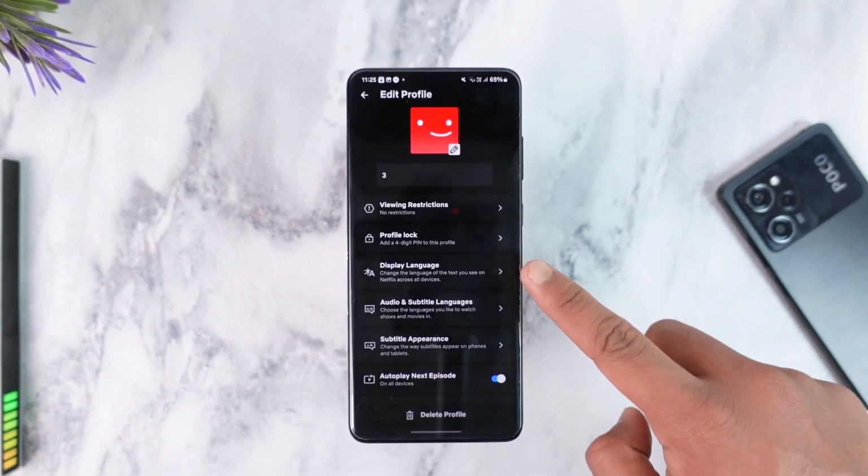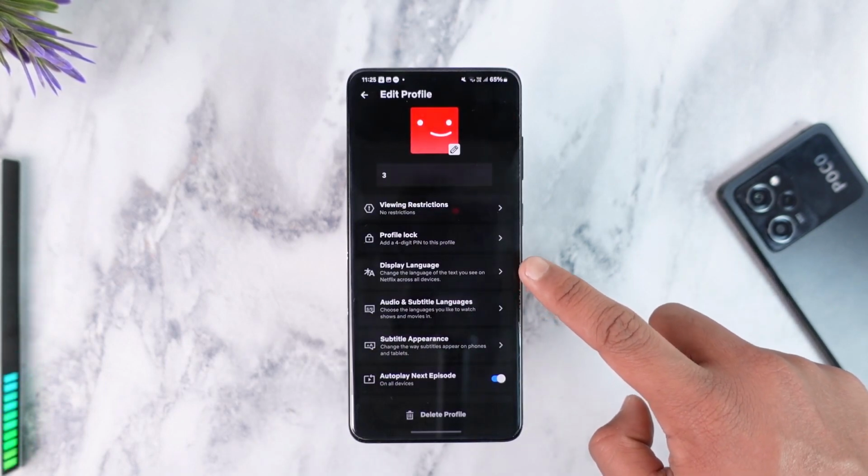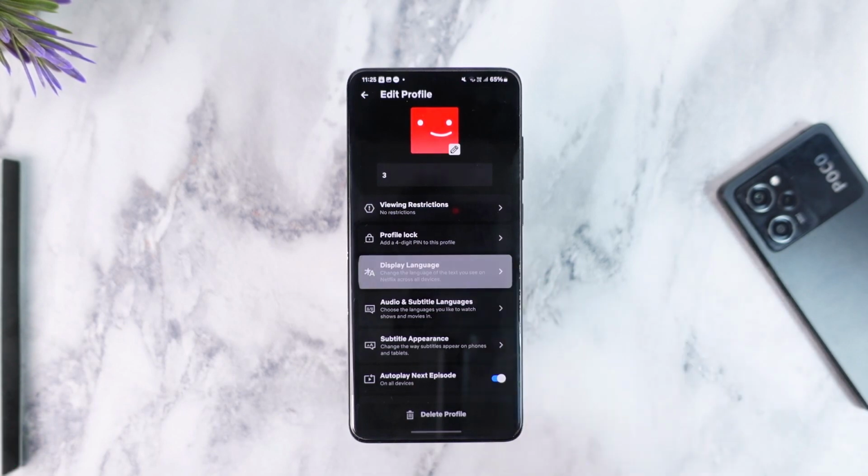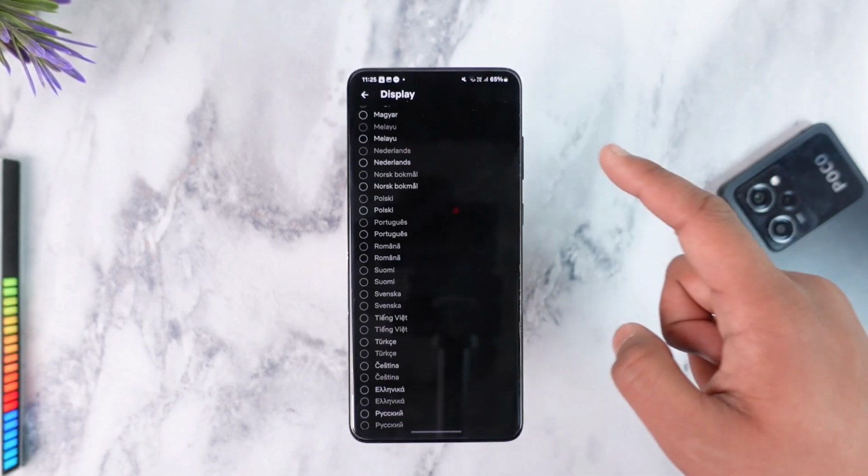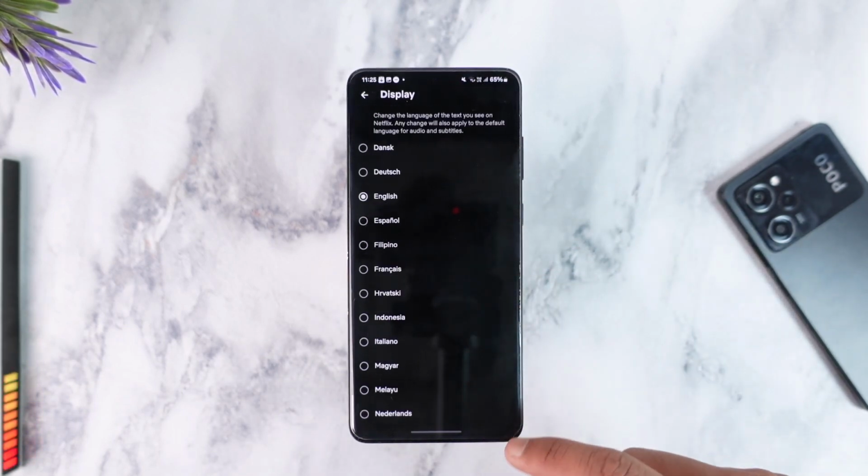to change the language. The first is, if you're talking about the app languages, which is called display language, tap on display language here, then select any of the other languages that you might wish over here, and then just